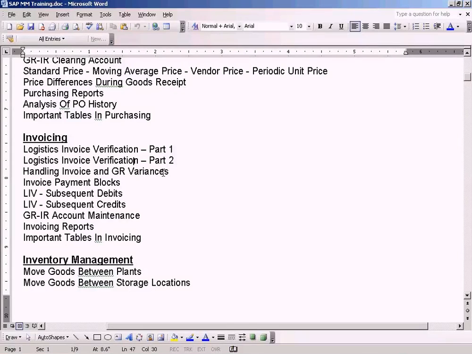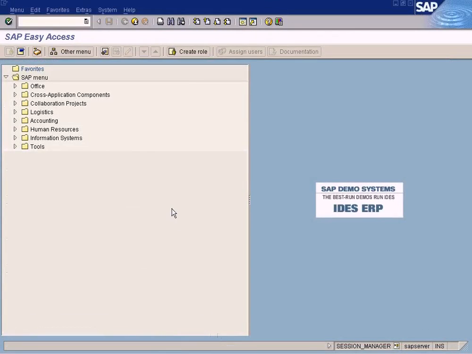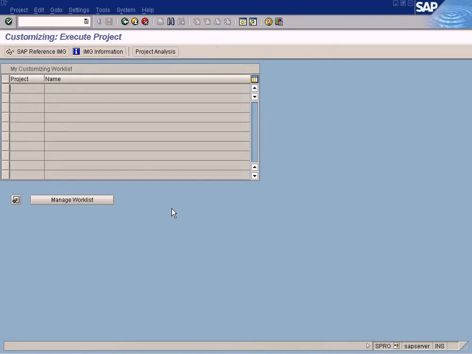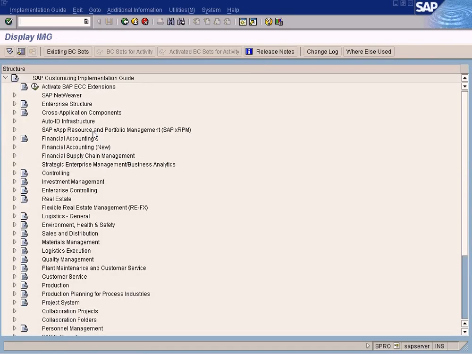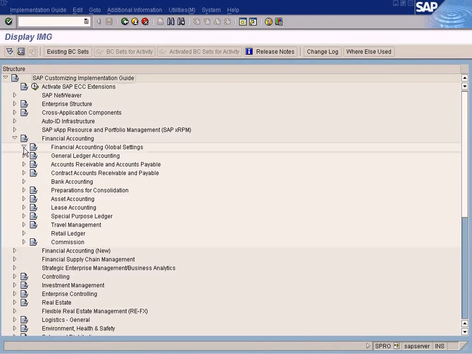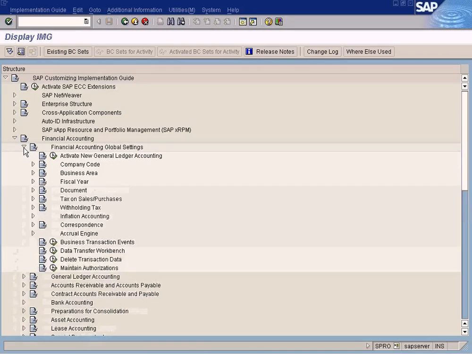With our invoice posting in part 2, I was not able to solve the jurisdiction problem, so I've spent about 3 hours trying to solve the tax jurisdiction problem. I was not able to. The system keeps saying the tax code is not maintained for the tax jurisdiction, so rather than wasting our time troubleshooting that,